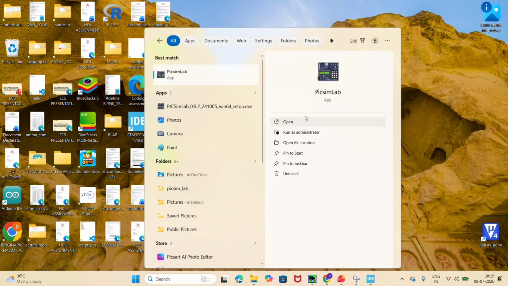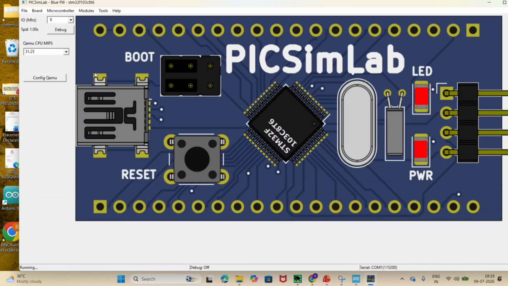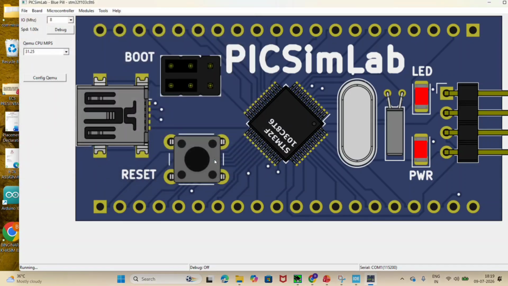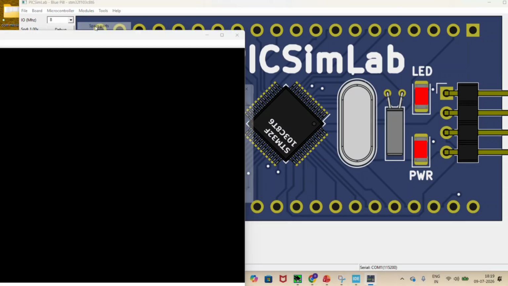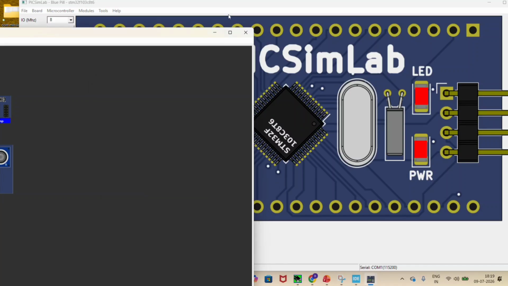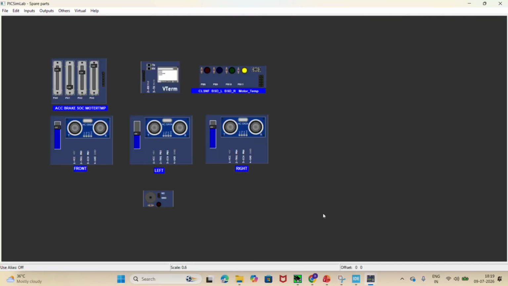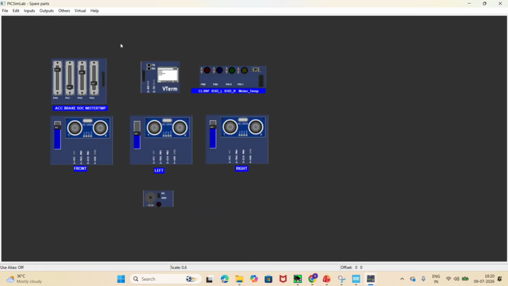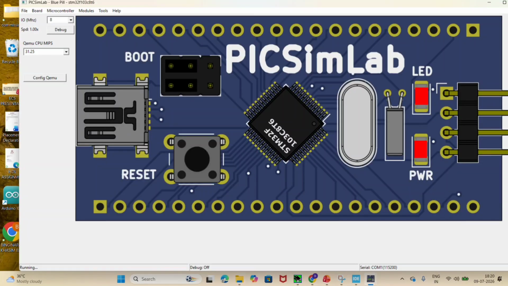Then I will open my PiximLab. Here I will load my binary file, ev-binary. It is loaded, and I will go to my spare parts. Here you can see there is an alarm. I will stop it, and I am getting all the values, this is okay. And then I will go